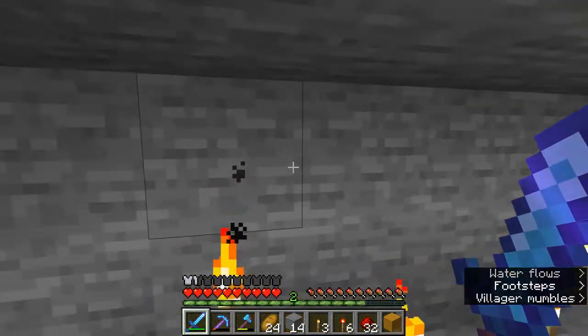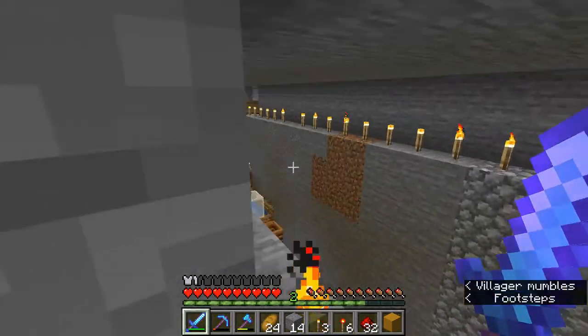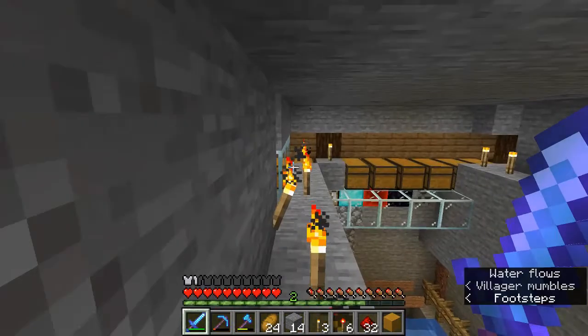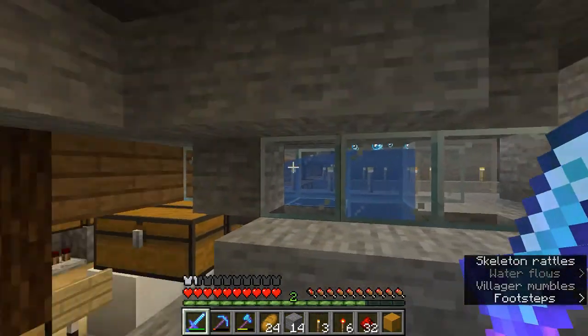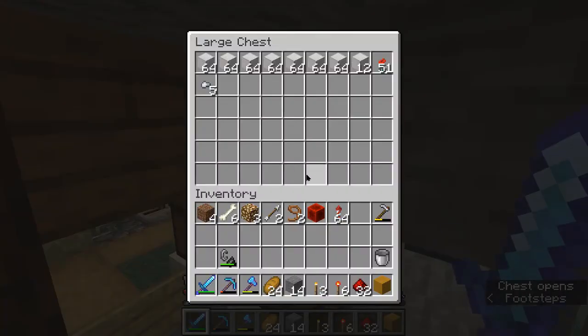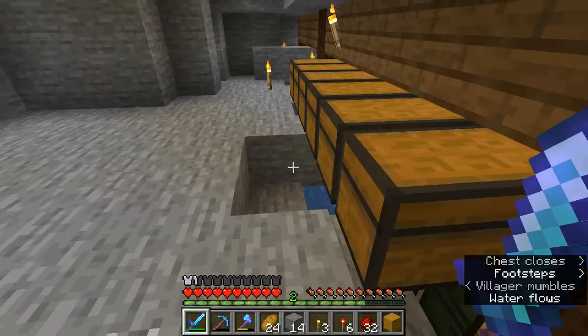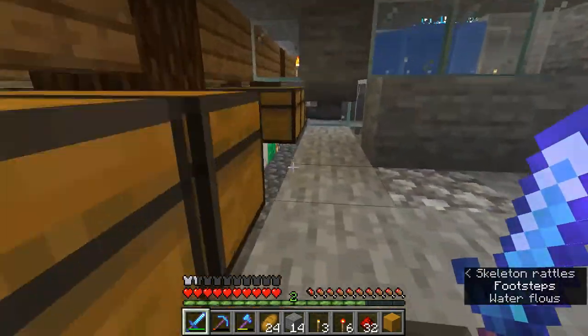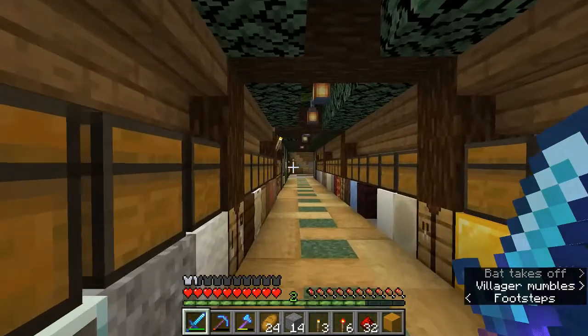So real exciting. I've been digging away, digging holes, digging holes, digging holes. The iron just comes up and goes into my iron chest. Fred has joined our server, and he started AFKing here, and we had some trials and tribulations. He came over here and he had